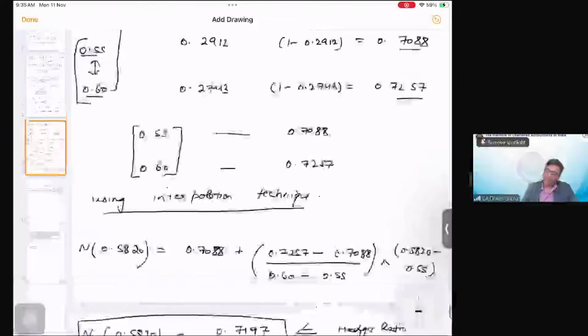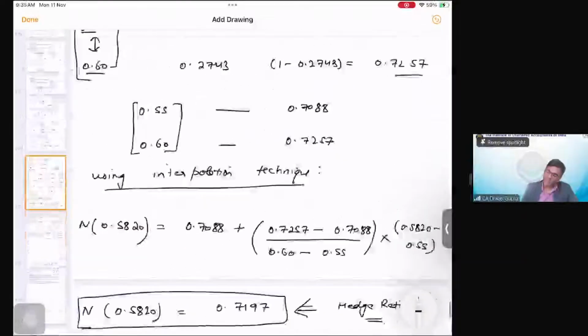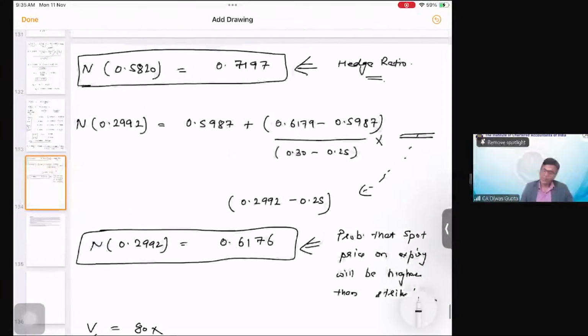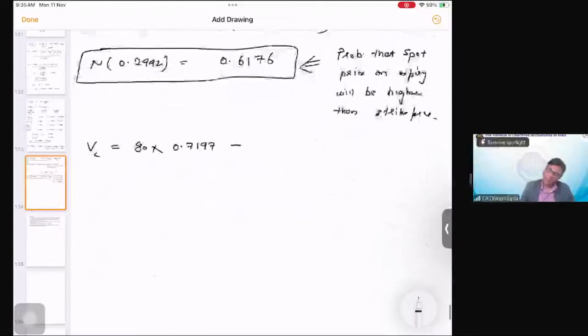Spot price was how much in the question? Around 80, and 75 was the strike price. 80 into ND1, which is 0.7197, minus 75, which is the strike price, multiplied by e raised to the power minus